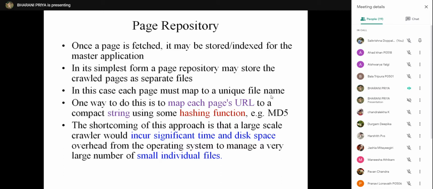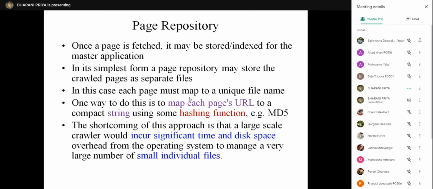So you are downloading a page, and each page or each site should be saved or reposited as a separate file. And when you are storing it as a separate file, each file should have a unique file name.